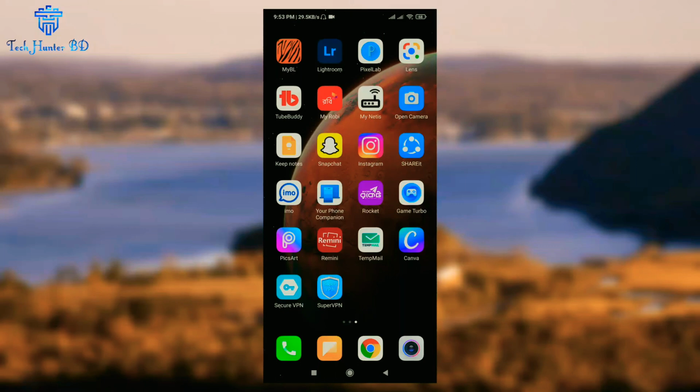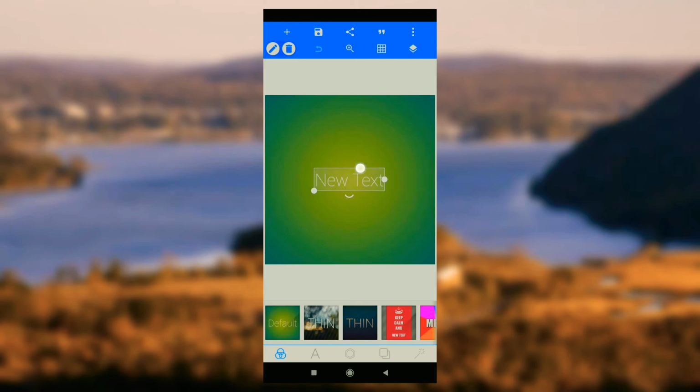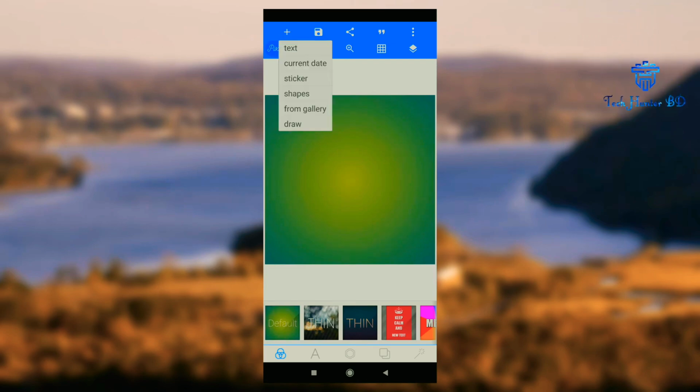If you don't know how to remove the background of a logo, simply open Pixel Lab. If you don't have Pixel Lab, please download it from the Play Store. And at first, delete this new text option like me, and then select your photos from your gallery from here,